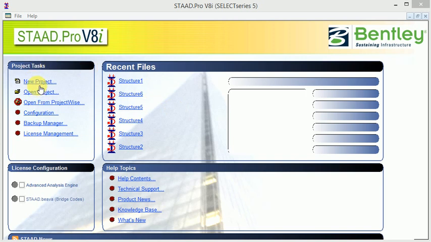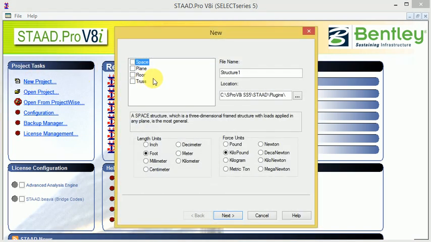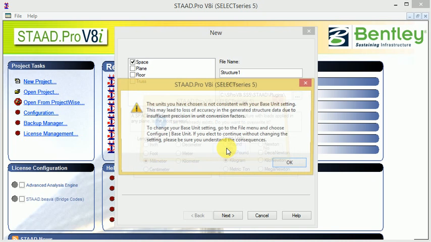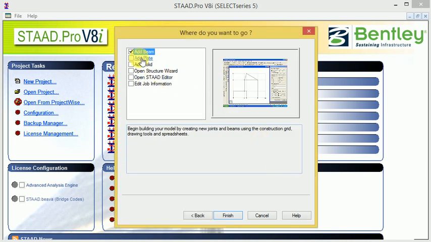First of all, select new project and select space here, and first selection this foot and kilo, pound, millimeter and kilogram, what's needed in selection, and go to next. Okay, then what is needed here, add beam, add plate.